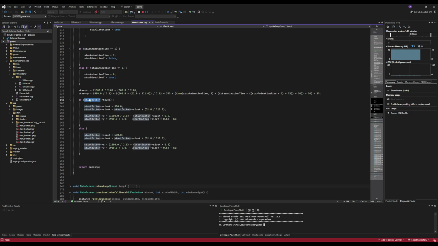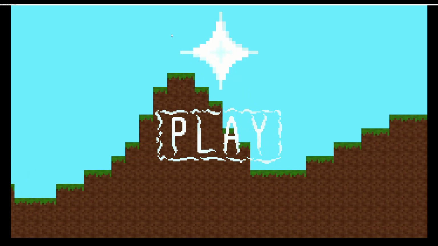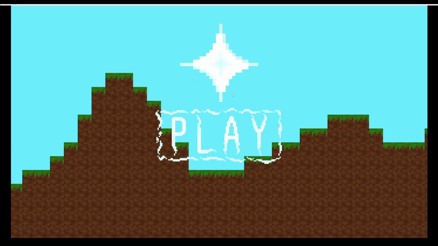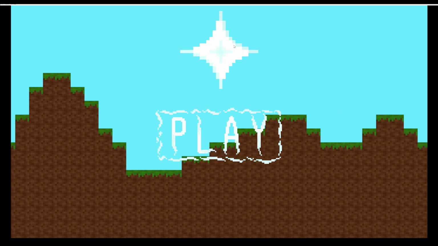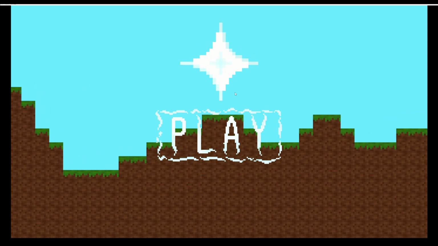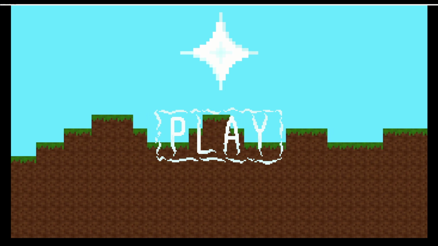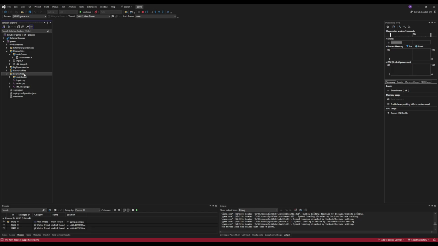There's no animation to the button, but it's just if the start button's being hovered over, it sets the size slightly higher. And when it's not hovered over, it sets the size back. It's definitely a much better way of doing this, but for now this works. The final product of the starting screen, I think it looks pretty good. The star kind of slowly floats down and floats back up, and this just repeats infinitely. And when you go over the button, it grows slightly, and when you get off the button, it goes back normal. Okay, so now that the main screen is all done and dusted, we can move on to working on